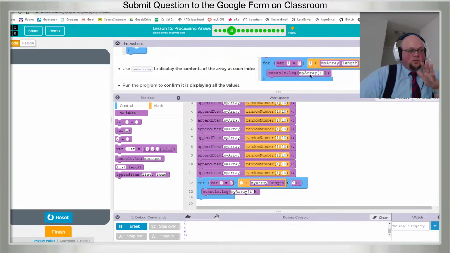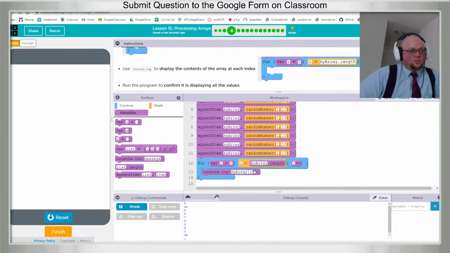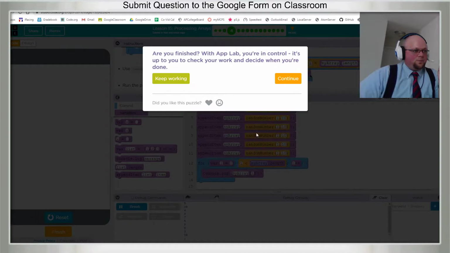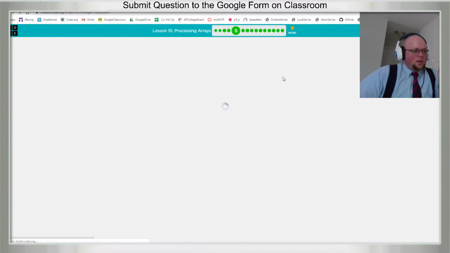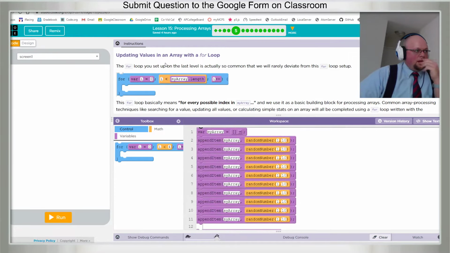as it goes through the loop, however many times there are, once for every item in the array. So you can see here there's going to be 10 items, random numbers 1 through 10, and it's printed it. It's gone through this loop 10 times because there are 10 items, array.length. Okay, and so let's take a look here. Okay, updating values